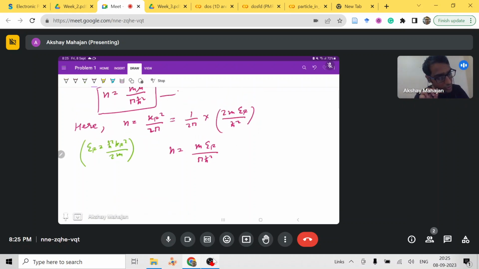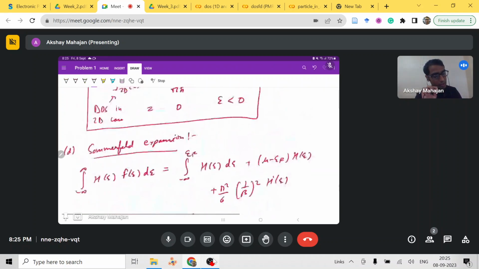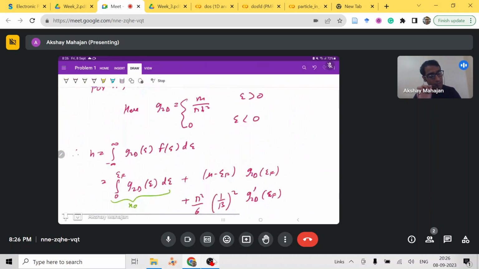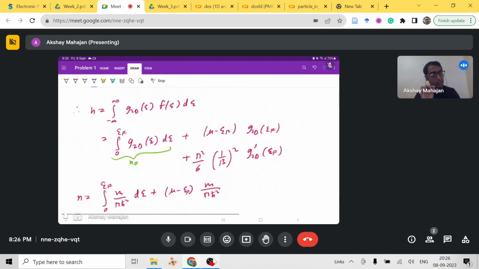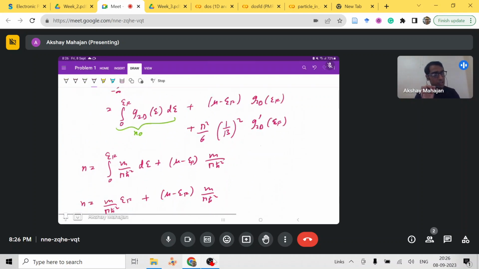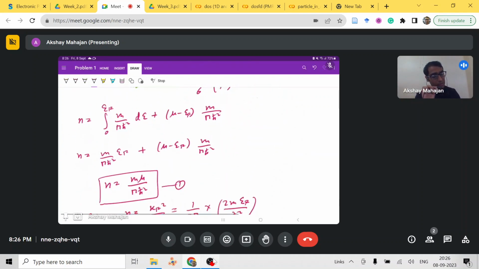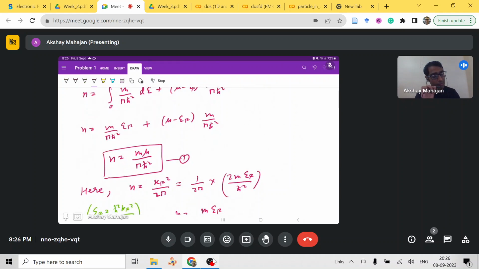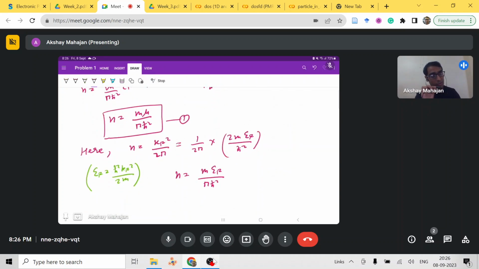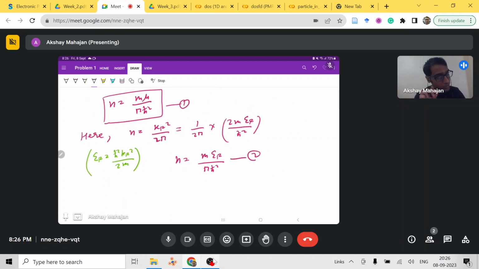Now this was our equation 1 that we get from Sommerfeld. We just used the Sommerfeld equation to get n, and we used our definition of g2d. The third term is automatically 0, and on calculating we get n equals m nu upon pi h phi square. And then we know the relation between n and kf from part A. We use that relation, and then we found that n is equal to this m epsilon f upon pi h phi square. Okay, so this is our equation 2, and this is our equation 1. Now using 1 and 2,